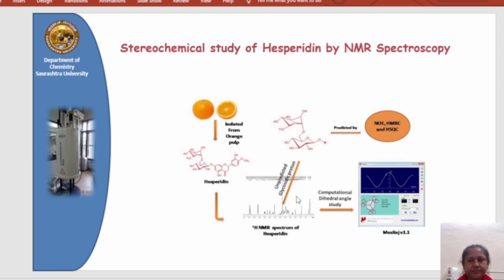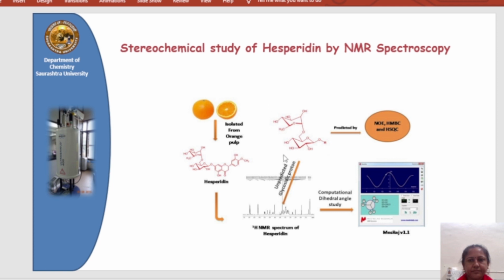Next, we have studied the exact dihedral angle between these molecules. Here we carry out the study of a natural compound, that is nothing but hesperidine. Hesperidine is generally present in the orange fruit pulp. In this structure, hesperidine possesses two